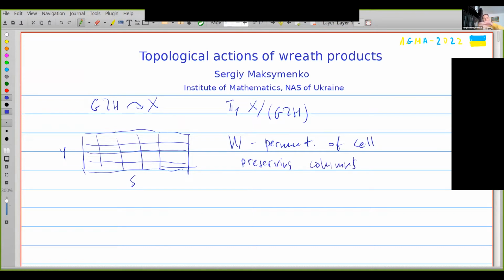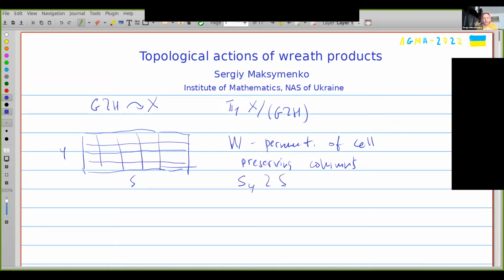So we make any permutation of these squares, but we interchange them in the following way. First we interchange columns, and after that we can make any permutations inside each column. And this group, the group of these permutations, is what is called the wreath product of